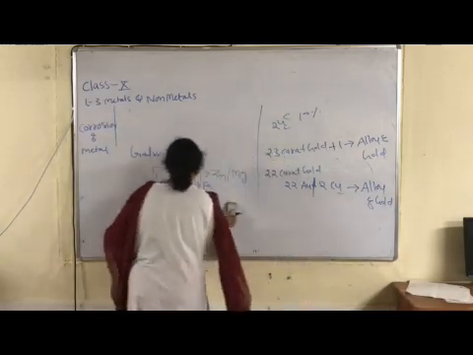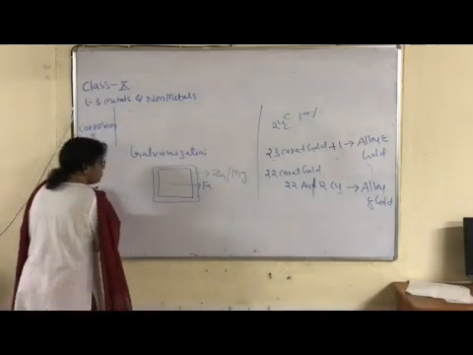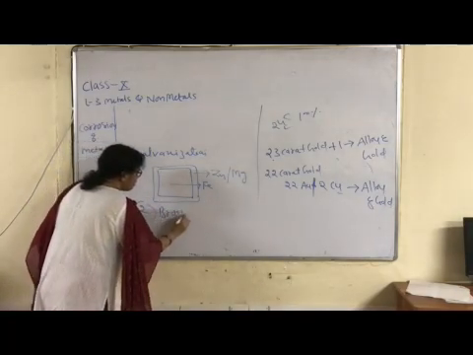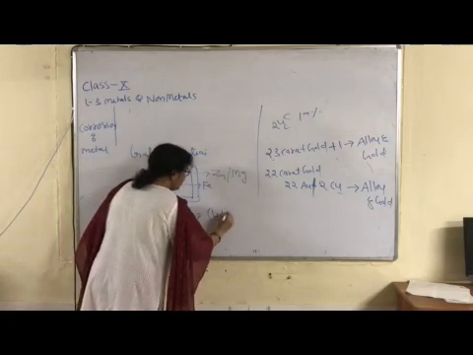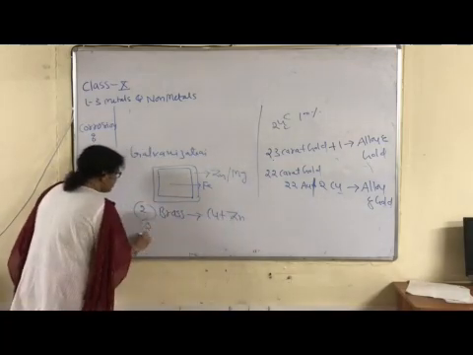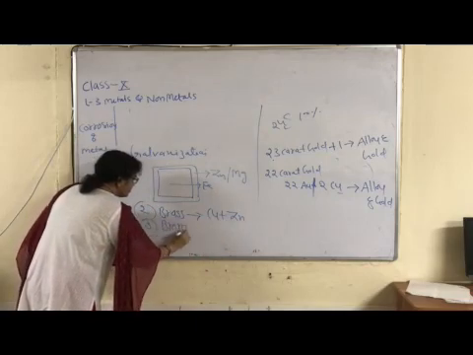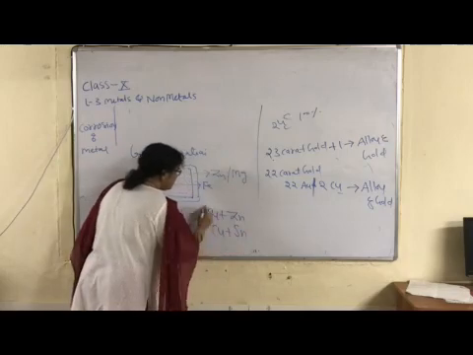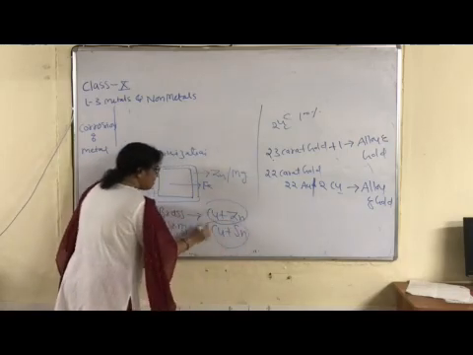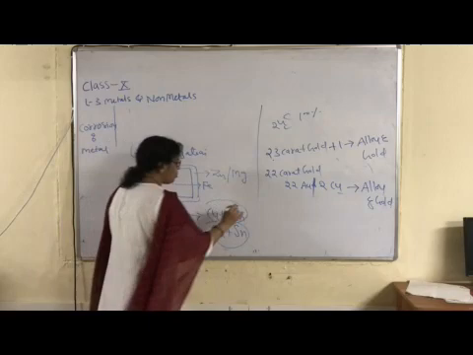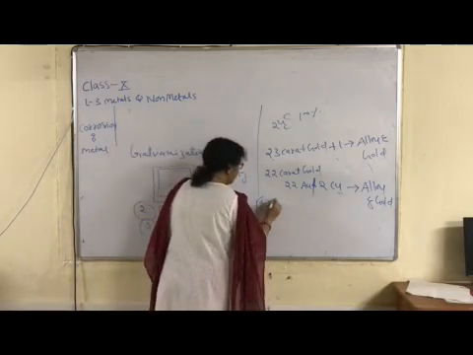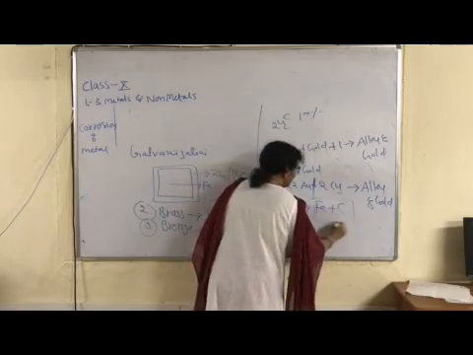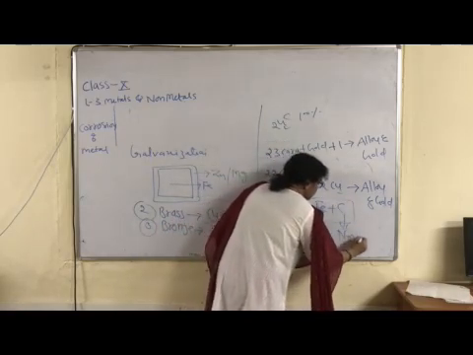Brass is an alloy of copper and zinc metal. Bronze, one metal is copper and second is tin. Each one is an alloy, right children? Last example where metal is taken with non-metal. For example, steel. Steel is an alloy of iron metal plus carbon. And carbon, you know very well, this is non